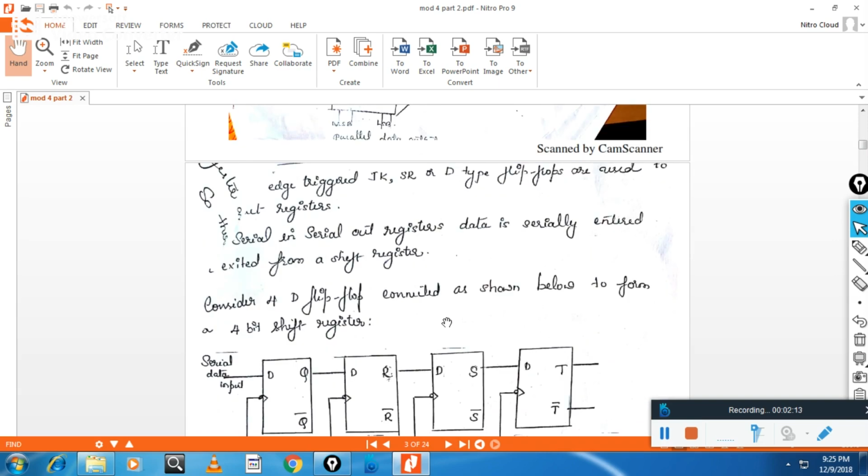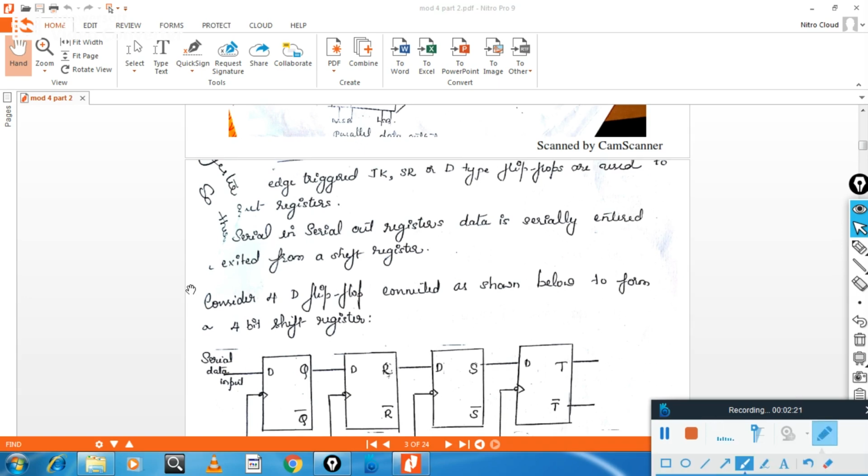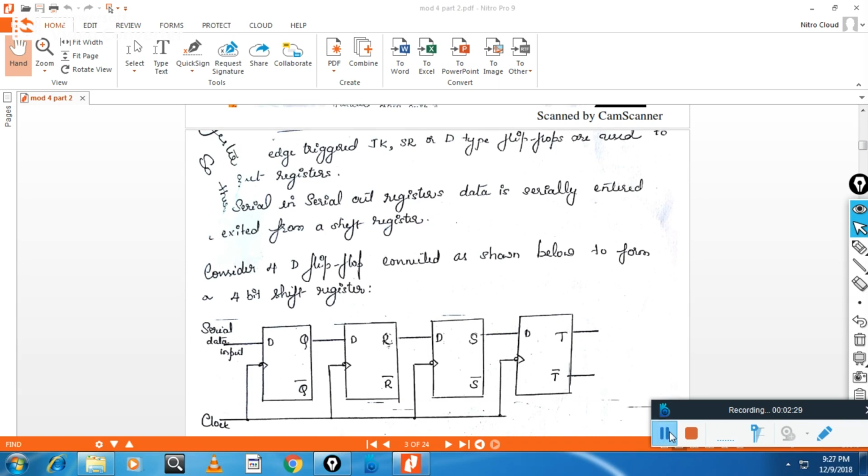Dear students, now we will see how to construct the first case, serial in and serial out. This is the construction of a serial in, serial out shift register, a 4-bit shift register, also called a 4-bit latch.